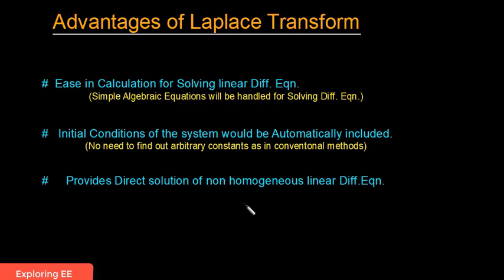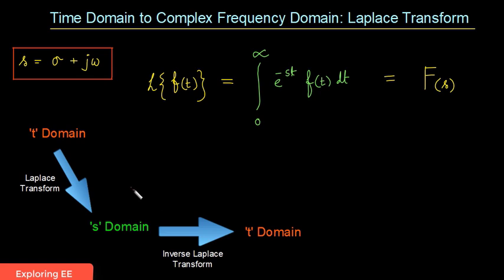Now, what is Laplace transform? Any time domain function after taking this transform will be updated in the S domain, as we explained. In the S domain, S is the complex frequency given by sigma plus j omega. Sigma is the real part and omega is the imaginary part. The definition of the Laplace transform of a given function f(t) is the integration under the limit 0 to infinity of e to the power minus st times f(t) dt, where s is the complex frequency given by sigma plus j omega.